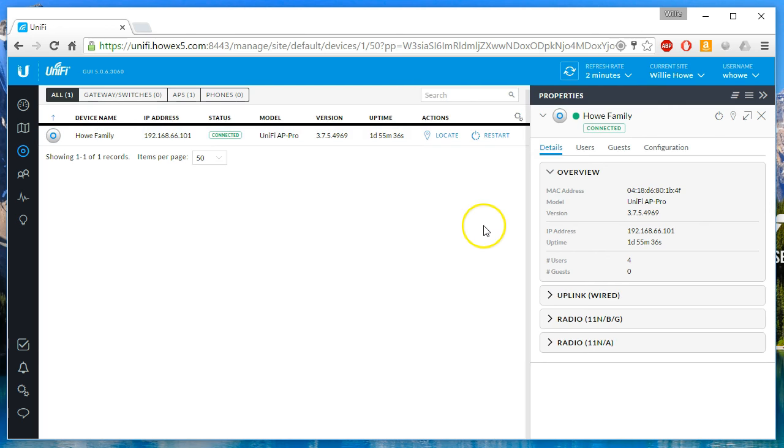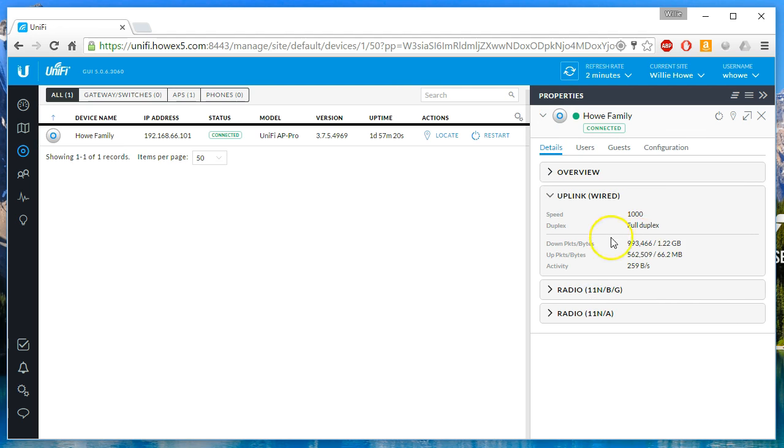If you click on the access point or device, it's going to bring up the properties of the device. You've got the restart icon, the locate. You can undock the property from the panel, or you can close it. And if you have multiple devices, if you keep clicking on them, it will stack them over here. But back to the details, you can see the MAC address, the IP address, the uptime, how many users are connected. You can get that uplink